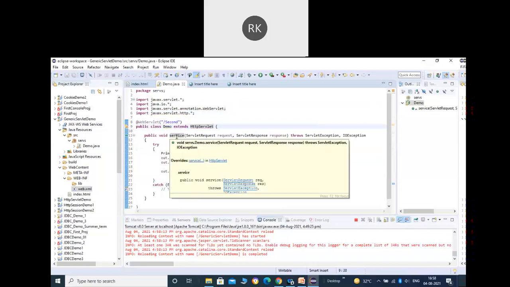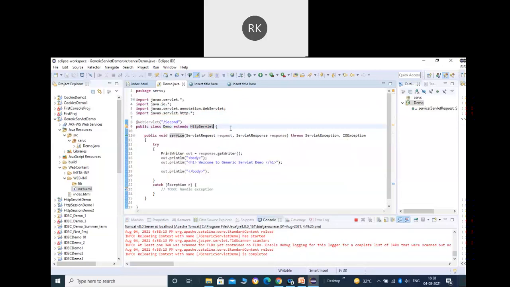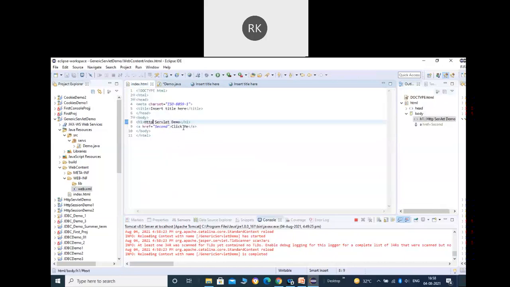In the demo.java file that I have created, I need to inherit what? The HttpServlet. And the HttpServlet is available where? In a package, so import javax.servlet.http. So that package needs to be imported here. Okay, and now in place of GenericServlet, we can say what? HttpServlet. All right. And here, now we'll not be working with the service method. Okay, we'll be working with what? doGet or doPost type of method. And the other things will also be changed here. So let me change the same method here.